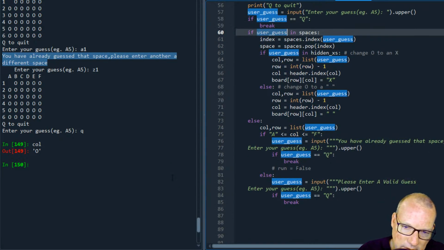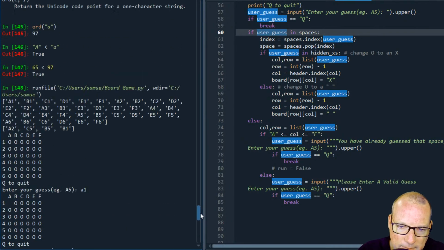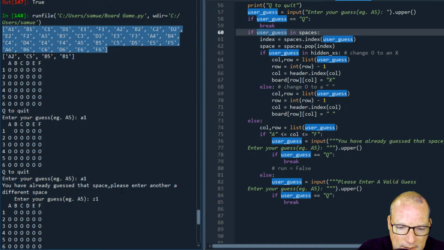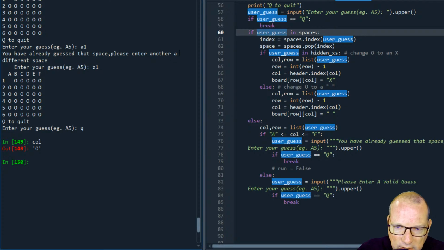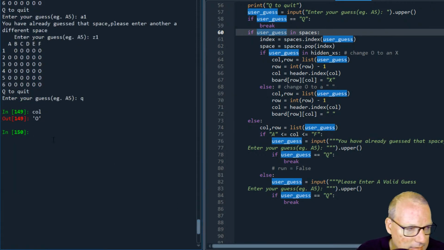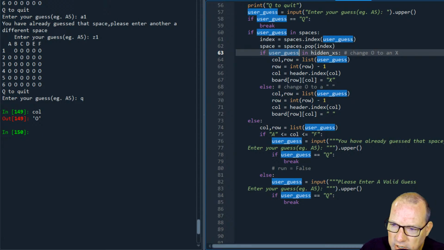So what we're doing is we're enhancing some user experience that if you've already made the guess, you get a notification you've already made that guess. Please guess again. But what we also found was that if I entered an invalid guess, something that wasn't even a choice, we were getting the same error of you've already guessed that, because the way that we designed this was we're checking inside of